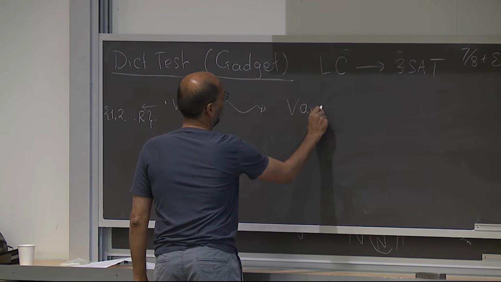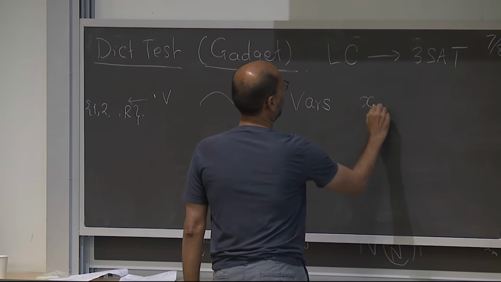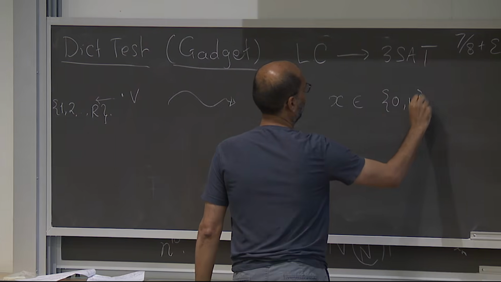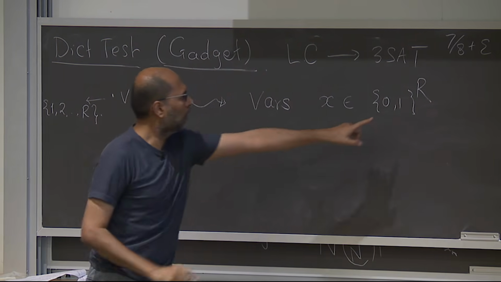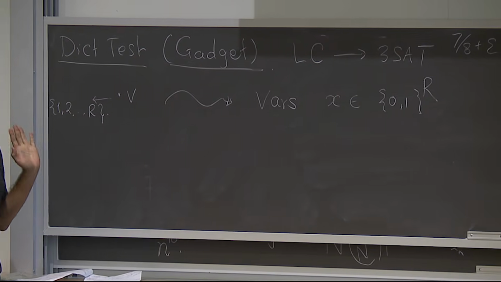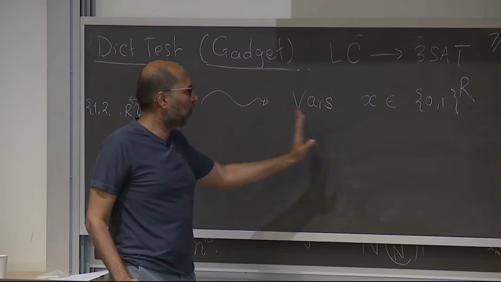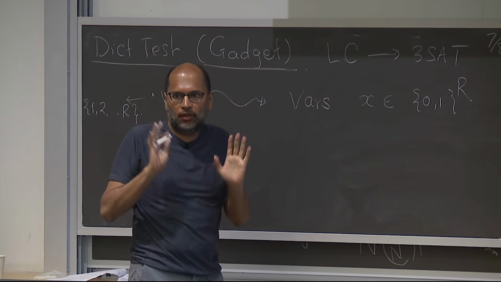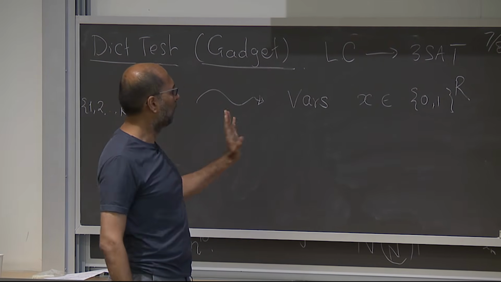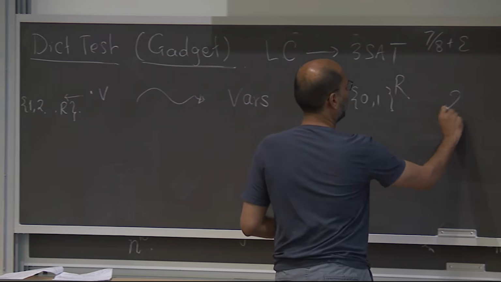The variables correspond to all Boolean strings of length R. That dimension capital R is the same as the number of labels for label cover. When you see it for the first time, it's going to sound rather strange. But this is how it is, right? So there are 2 to the R variables,